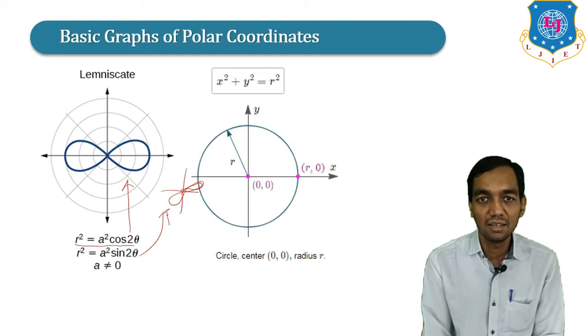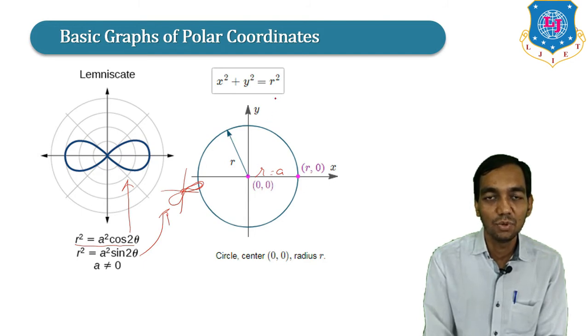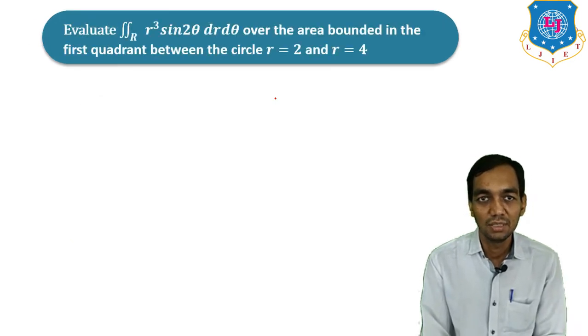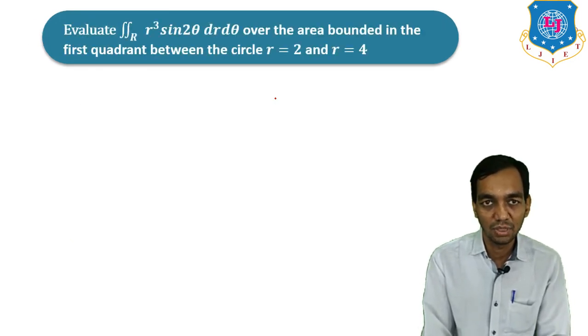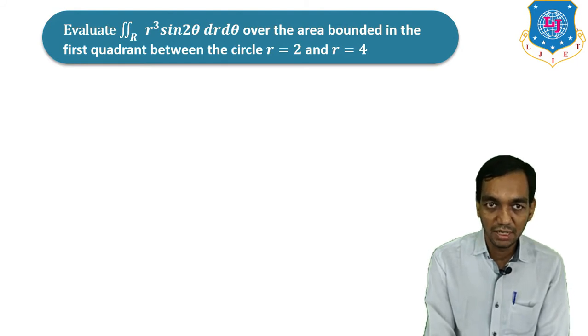Now the standard curve, circle: x square plus y square is equal to R square. If you reduce it to polar form, it is R is equal to A, where A is the radius. Here you have been given radius R. So instead of R, if you are given any radius, then it is a circle with center 0, 0 and radius R. Now, evaluate the double integration